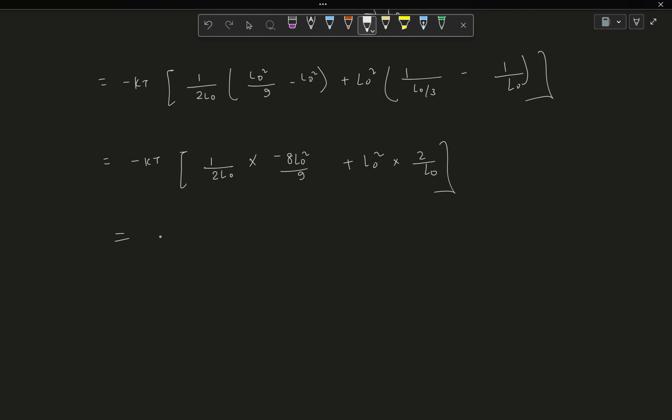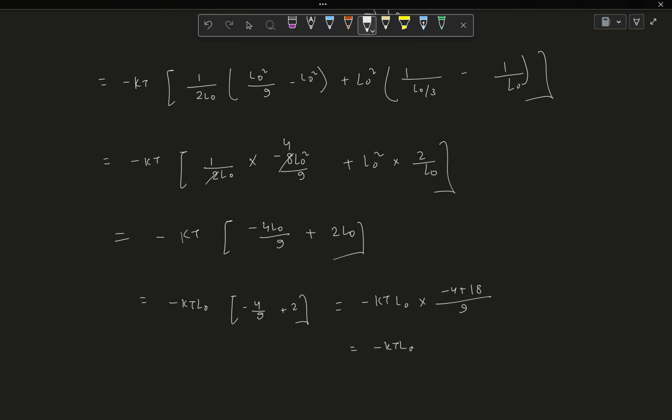Okay, so you can cancel out some of the terms, so this is minus KT, 2 and 4, 8 is 4, so minus 4 L naught by 9 plus 2 L naught, and this is minus KT, L naught is common, so minus 4 by 9 plus 2, so this is minus KT L naught into (9 minus 4 plus 18), this is minus KT L naught into 14 by 9, so you are getting minus 14